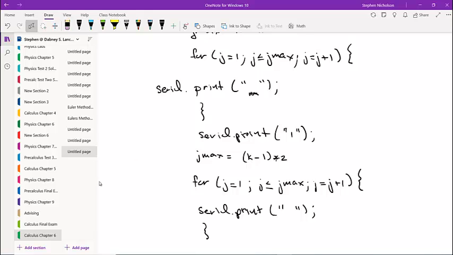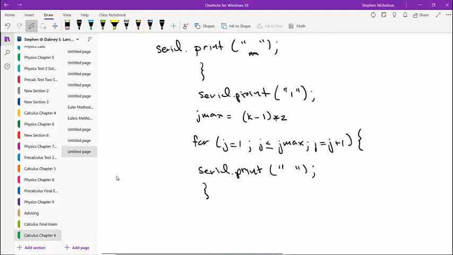Like that. So for the first run through, we don't have any spaces because j max is going to be 0, and so this is never satisfied. It just skips over that one. And then you do your next one, like that,